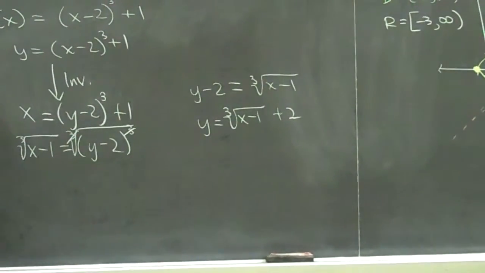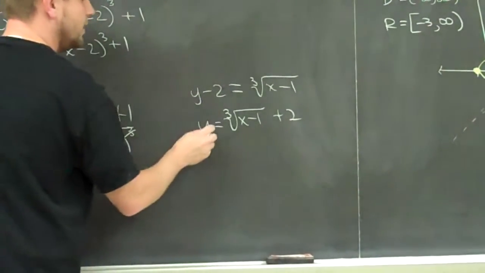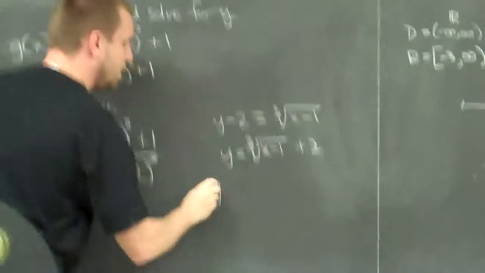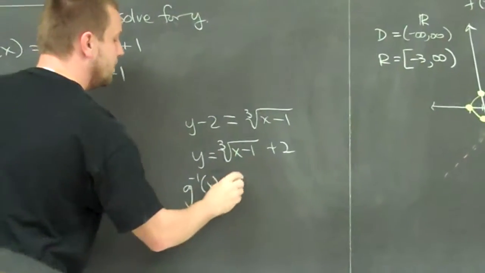And since we were successful in solving for y, we can say it's not just y equals this, but we were looking for the inverse, right? So the inverse of g equals